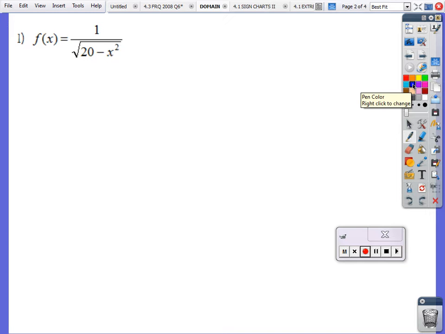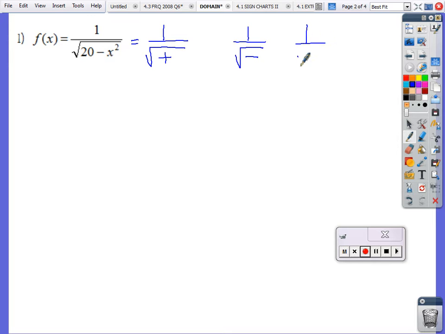So really what I want you to think about is we would be allowed to take 1 over the square root of a positive number, but you wouldn't be allowed to take 1 over the square root of a negative number, and you wouldn't be able to take 1 over the square root of 0. These would not be okay. So we're going to create a sign chart, and we're going to care only about the positive numbers in our sign chart. So first thing we do, take what's underneath the square root, set it equal to 0,